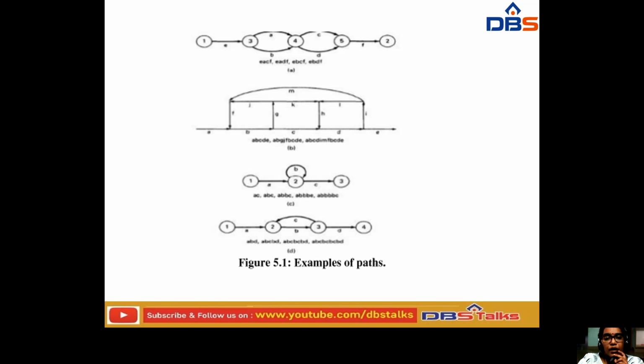So next one, if this is the example for the path, that is 1 2 3 and 4, so this is A B and D, and next one is A B C and D, and next one is A B C B and D. That is whatever the most number of possible paths that we are getting here. Based upon that most number of possible paths, we are going to take the example of this path.